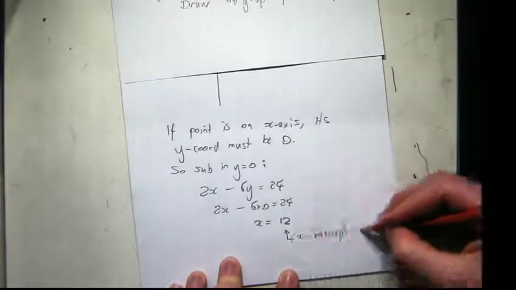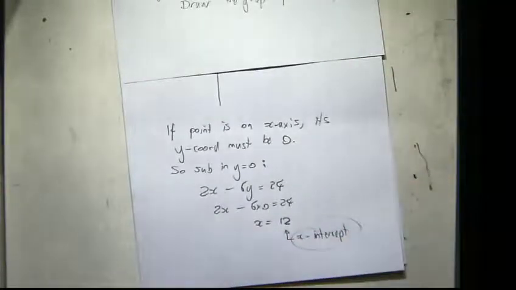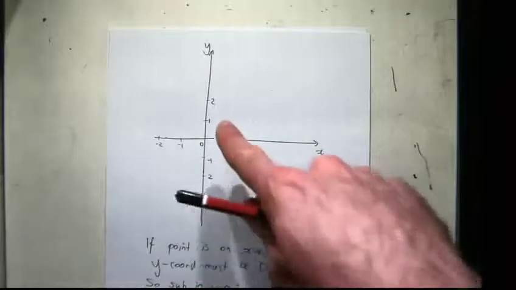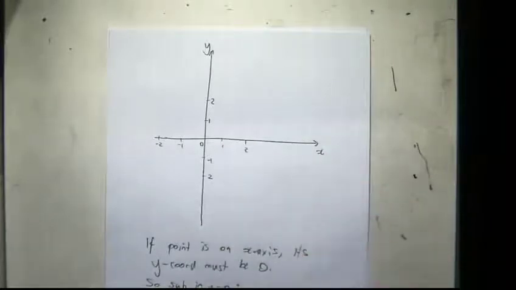That is the name of the place where it crosses the x-axis. So on my graph, I'm not going to have enough space to draw that. I'll make my graph bigger in a second. By the same reasoning,